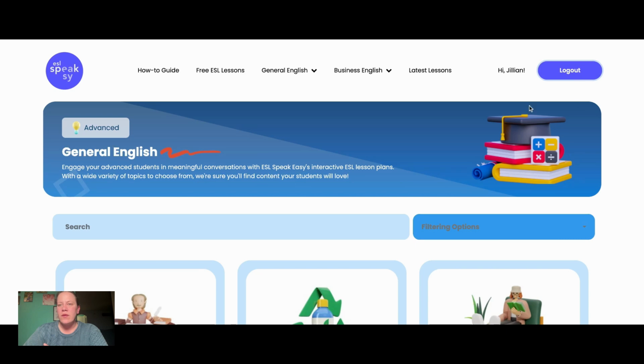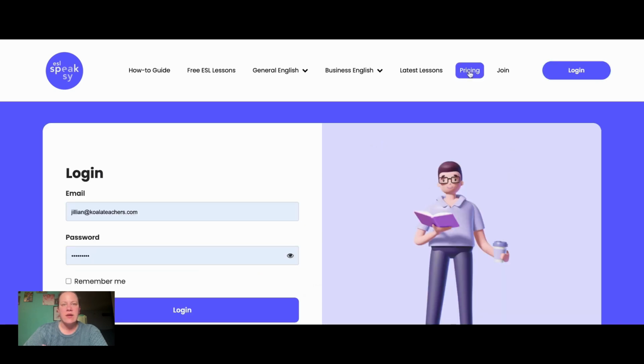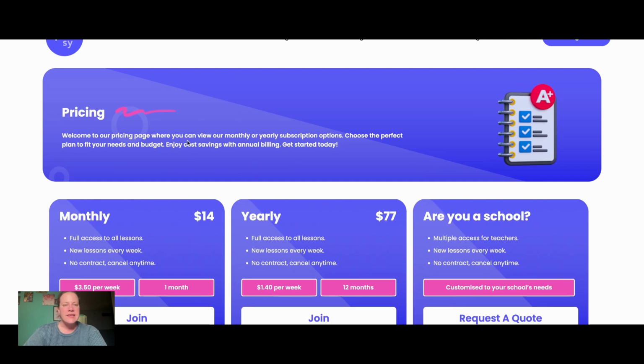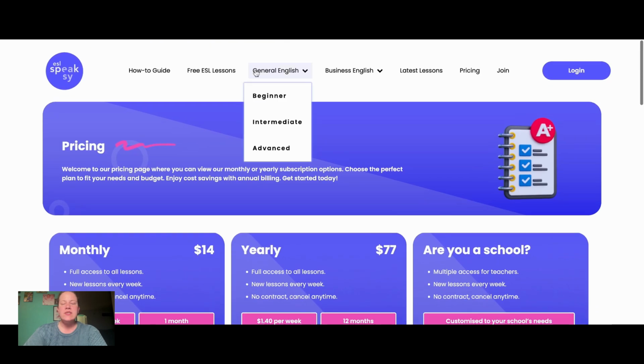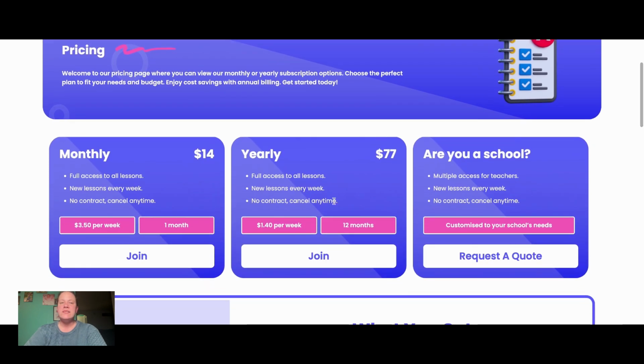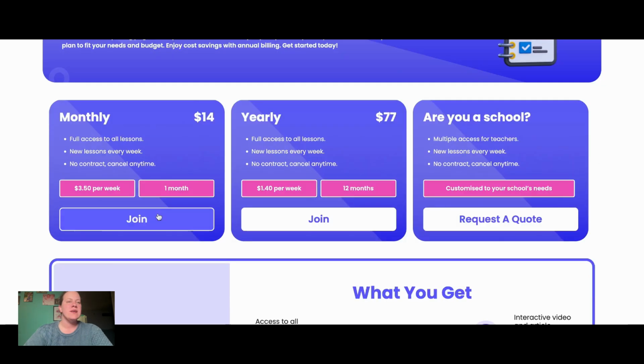I'm going to log out really quick just so you can take a look here. We're going to look at the pricing for this. Here is the pricing. You can just go in and get free lessons, but if you want to have access to all of it, and like I said, they're continuously adding new lessons as well, so you're not going to run out of lessons anytime soon. So monthly is $14, which comes down to $3.50 a week,